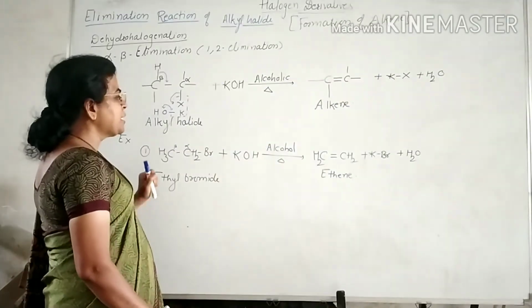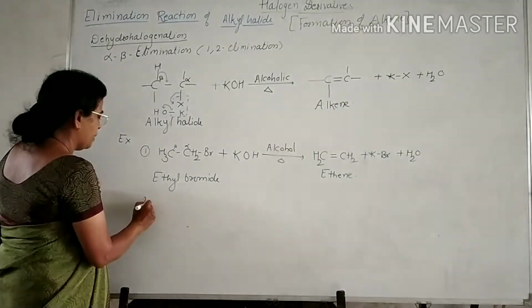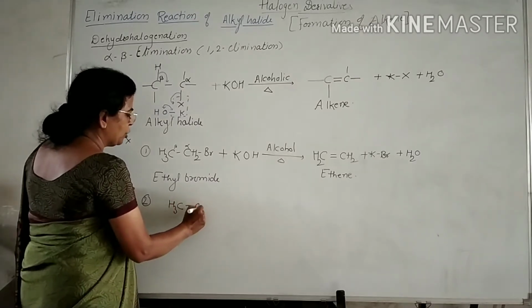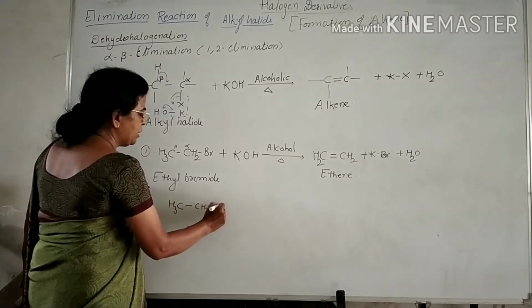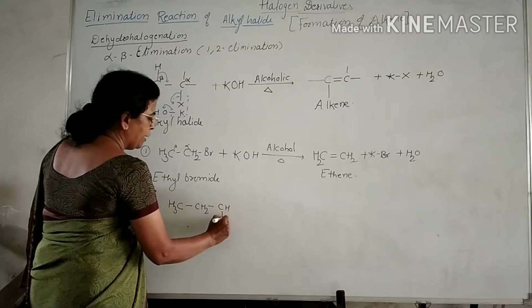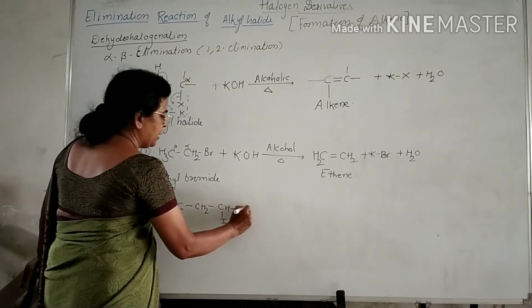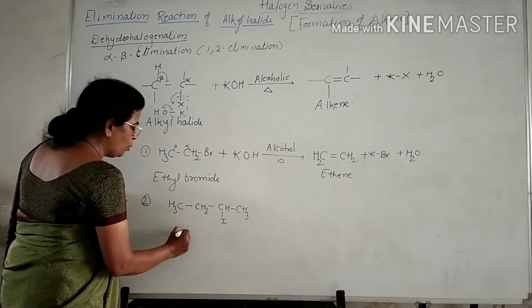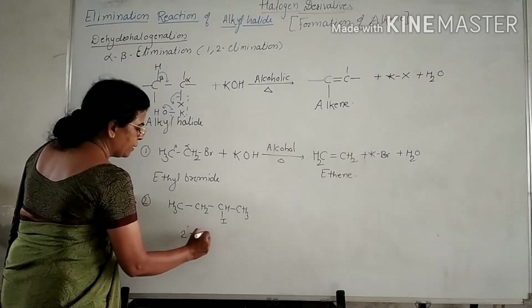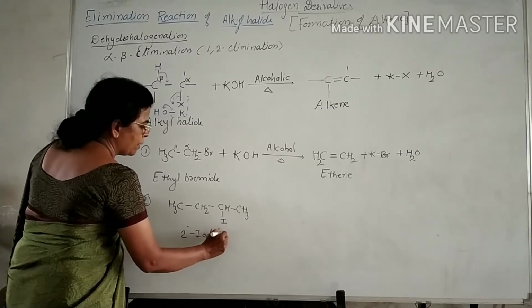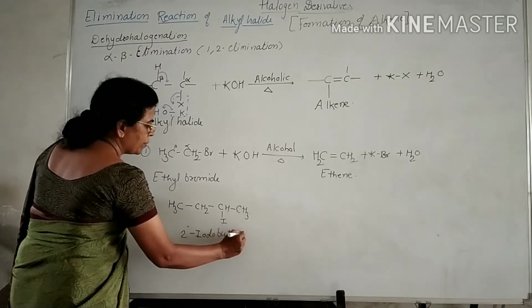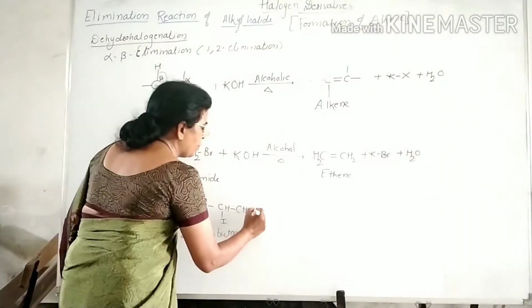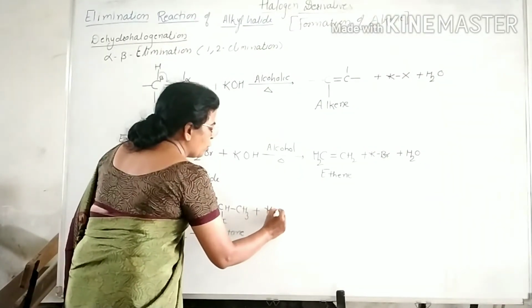Now we are going to see the second example. CH3CH2CHICH3. This is 2-iodobutane. Now when this 2-iodobutane is boiled with alcoholic potassium hydroxide,